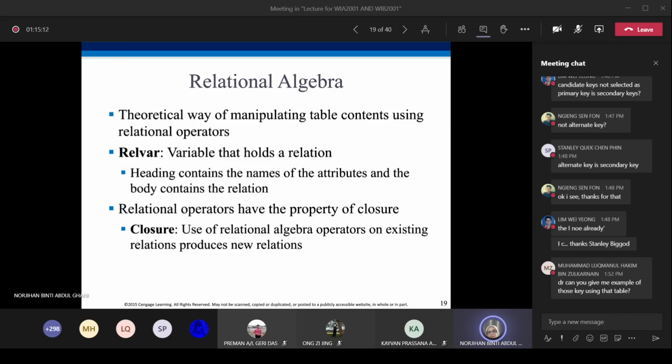A relvar is a variable that holds a relation. The heading contains the names of the attributes and the body contains the relation, so we must have the attributes together with the relation that belongs to them. Relational operators have the property of closure: using relational algebra operators on existing relations produces new relations.